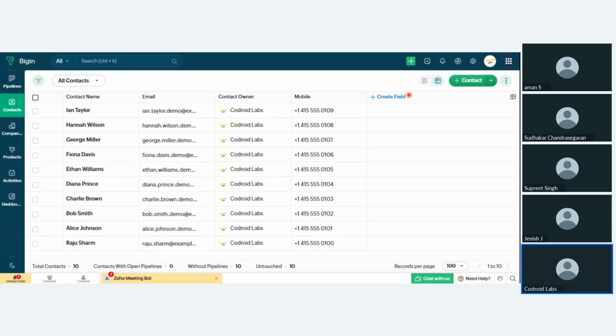If we are working on Zoho CRM, we can ask it to count my records in Zoho CRM. Since I'm currently working in Zoho Bigin, I can ask it to count the total records inside my contacts, and based on my contacts, it will give me a proper answer.